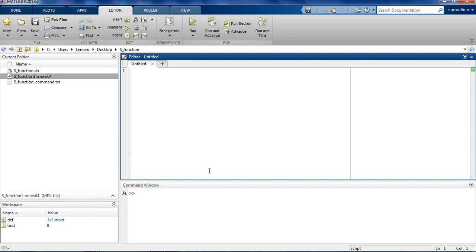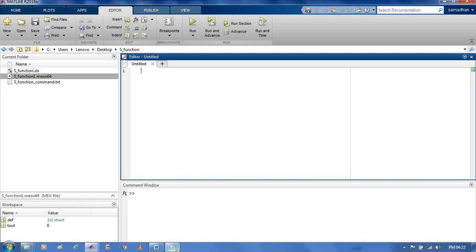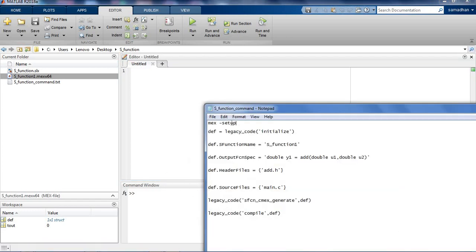The first condition is there should be a C compiler installed in your system, and it should be in the MATLAB install package. To check which compiler is installed in your PC, there is one command. The command name is mex -setup.